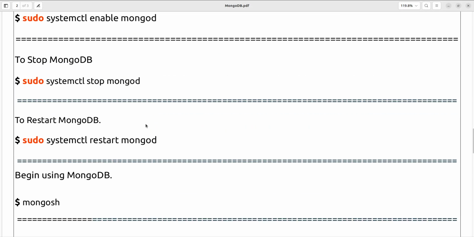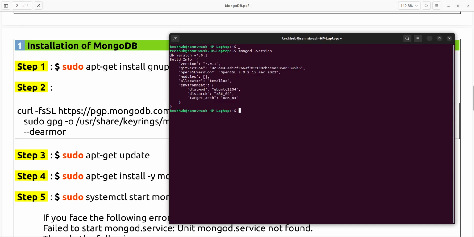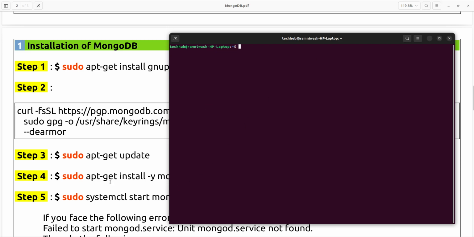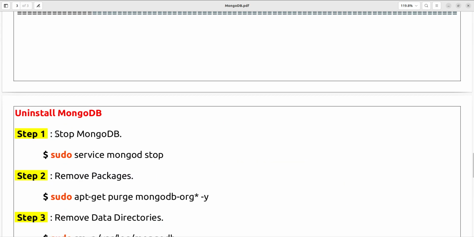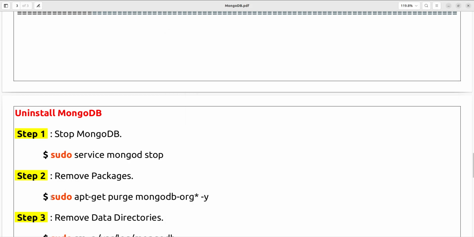Same, I have copied those steps here. So what I will do first, in my local machine you can see we have already installed it, so first we will uninstall this one. For uninstallation, first you need to stop MongoDB, because it starts automatically whenever your system is up, we have set it like that. Next, just remove